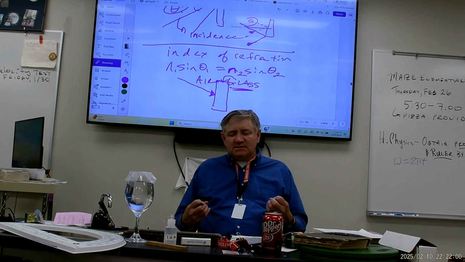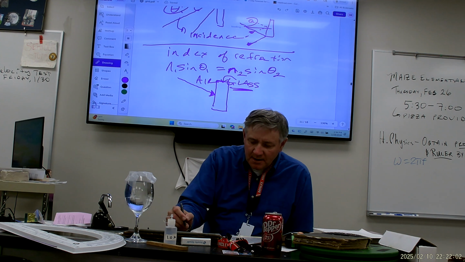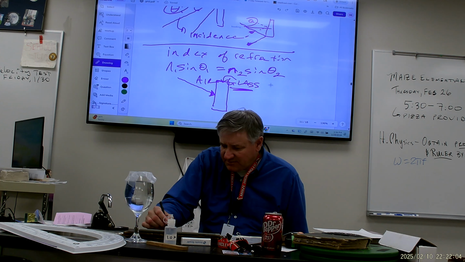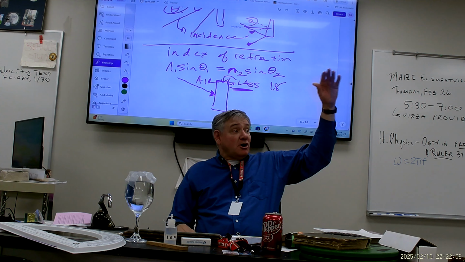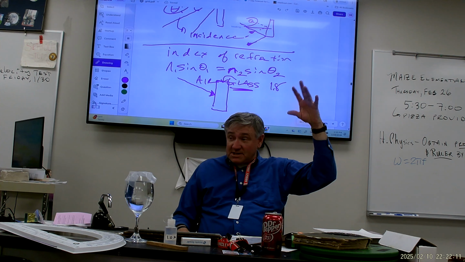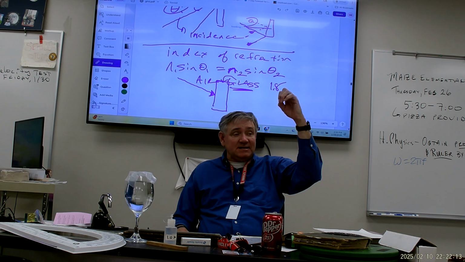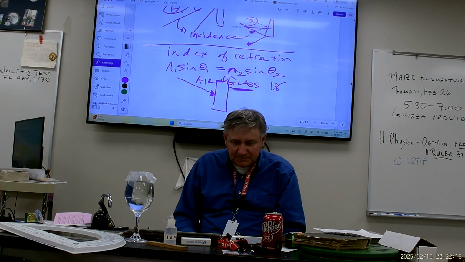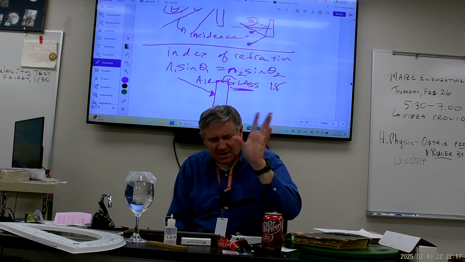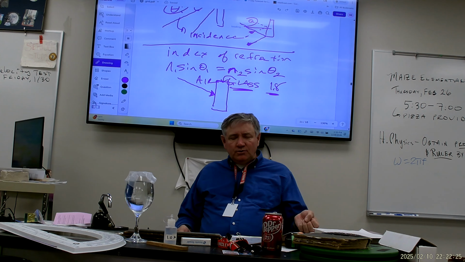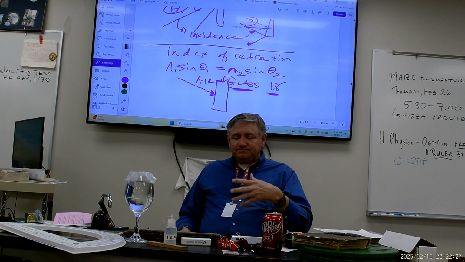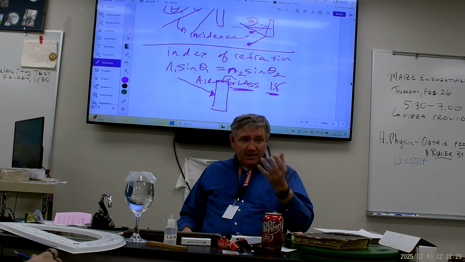So let's start with this idea. The index of refraction of glass might be, I don't know, 1.8, something like that. There's a chart in chapter 17 or 18, I can't remember which, of the indexes of refraction. So here's the point: glass has an index of refraction bigger than 1. So what does light do? It slows down.